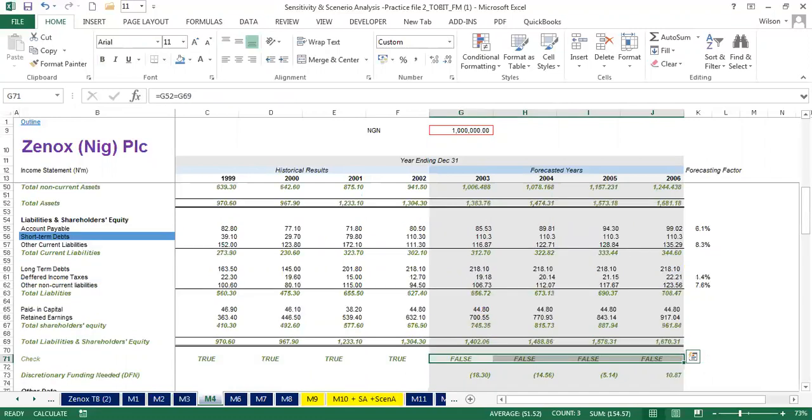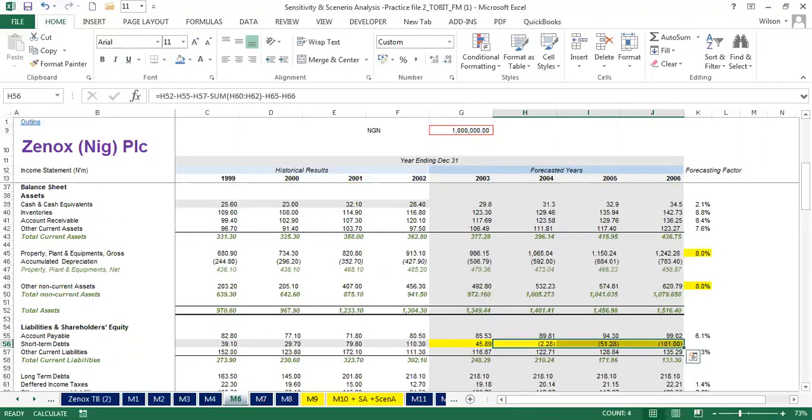Ideally, what I would have done if I had not created M6 is to copy M4 and put it in M6. So if you look at the question now, if we go back to the question, we were told in the question,